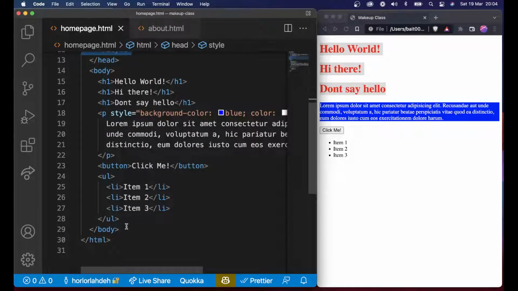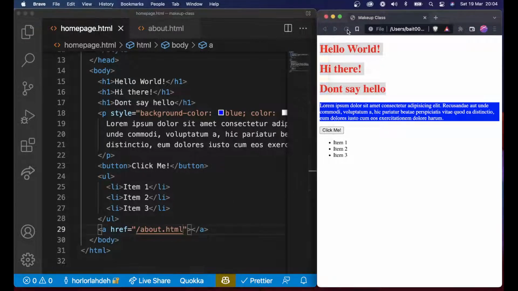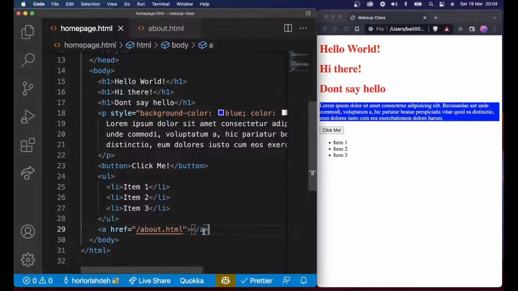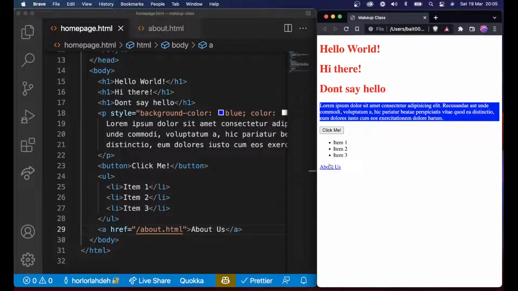For me to be able to link to that other page, I'll just create a quick link tag. The way you link to HTML pages is by using this anchor tag here, and I'm going to go to /about.html, and I'll save it. So I will have a link on my document now, and I'm not seeing the link. Okay, sorry, I haven't written any content inside the link. I'll write About Us, save it, reload, and I'll see About Us. When I click on it,